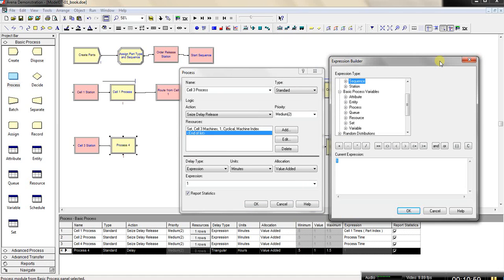And so here what we actually want to do is build this expression that involves the process time, but it also uses the factor that we defined for different machines. So let's first find the process time. That's going to be under basic process variables, attribute, and then value, and then here we're going to have process time. And so now that we got the process time for the cell 3 process,